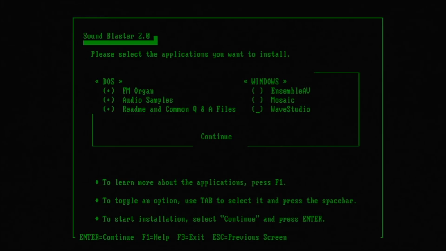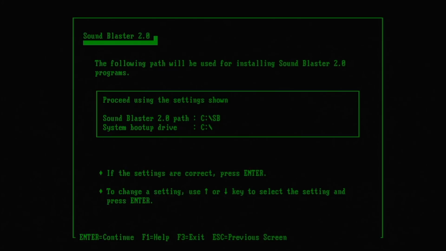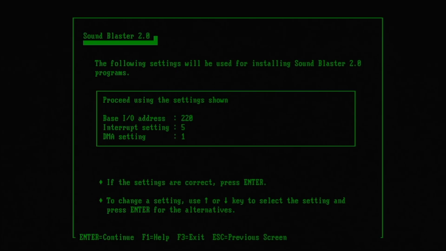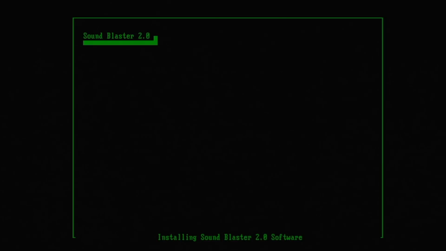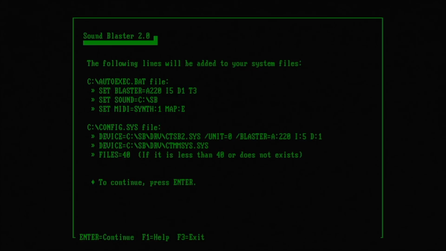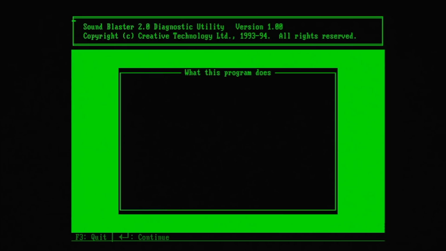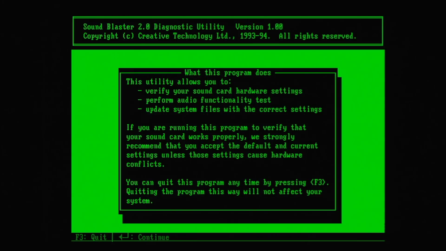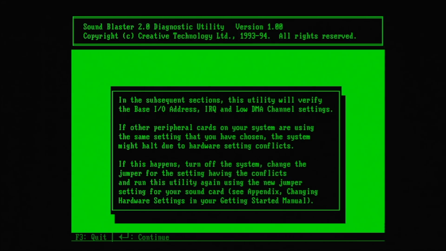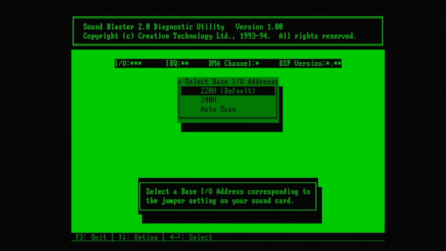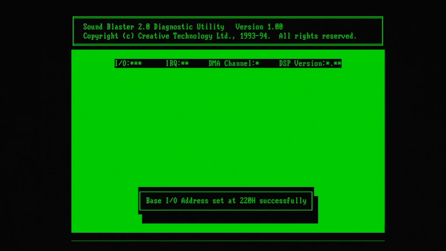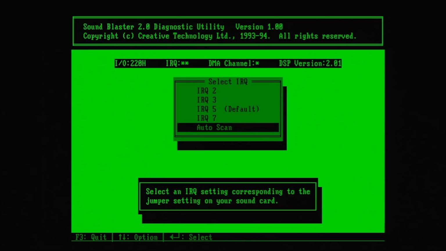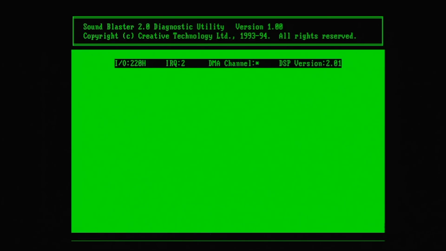It's obvious that this installation program was not created for an XT class machine, but it does work to some degree in the sense that you will be able to get all of the files installed on your XT, change your autoexec.bat and config.sys file to load up the drivers. The only thing that won't work is the diagnostics program to play back these sounds, which for some reason doesn't work on an 8088. It does detect the sound card. You can auto detect the base IO address, IRQ, DMA,